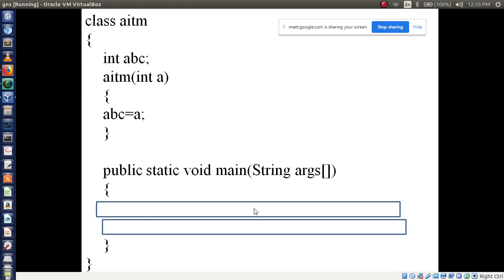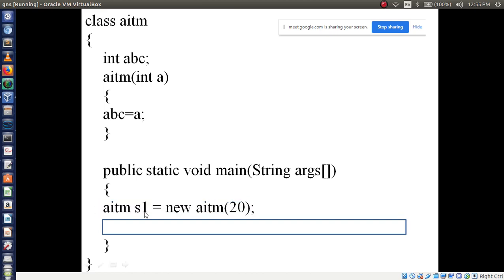Yes, very good. We have to create an object of the class. Class name is what? AITM. Then I am writing AITM followed by a reference variable s1 is equal to new AITM. Done. Now see the logic.